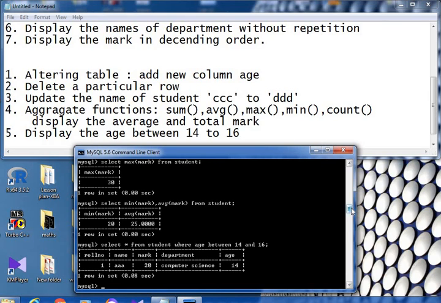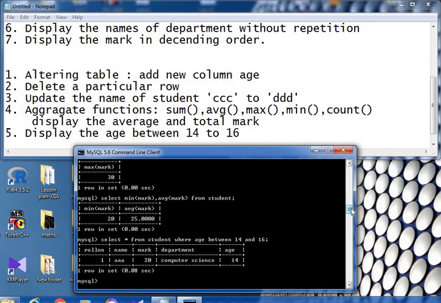This way we are doing SQL queries. I think you will be clear about all these queries, so practice some more questions. In the next section we will discuss Python SQL, MySQL connectivity, through a practical section.